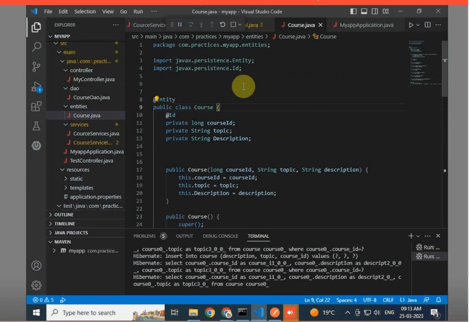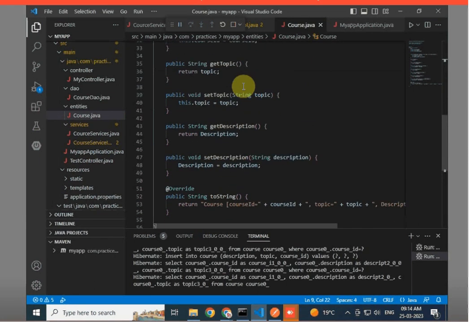It has three fields: courseId, topic and description. The courseId field is annotated with @Id, which tells JPA that this field is the primary key of the entity. The class has two constructors, getter and setter methods, and a toString method.